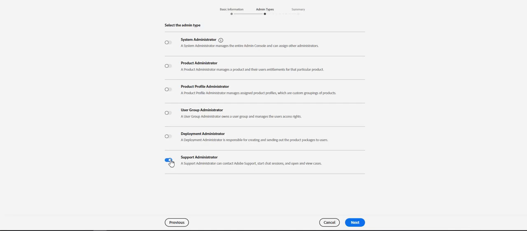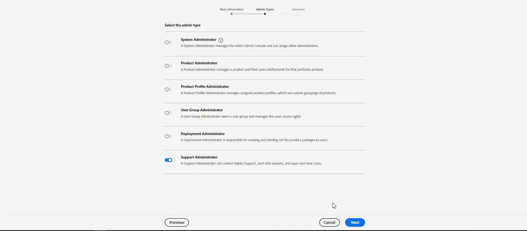Once he creates the case, Adobe will get a notification that this particular organization has created this case, and someone from the Adobe team will get back to that particular administrator or any user. As a support administrator, he can chat with Adobe agents, create a support case, and also raise expert sessions.